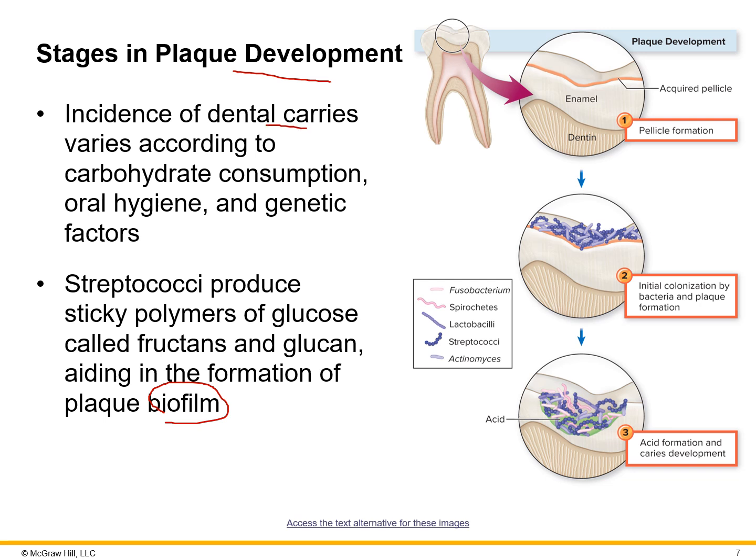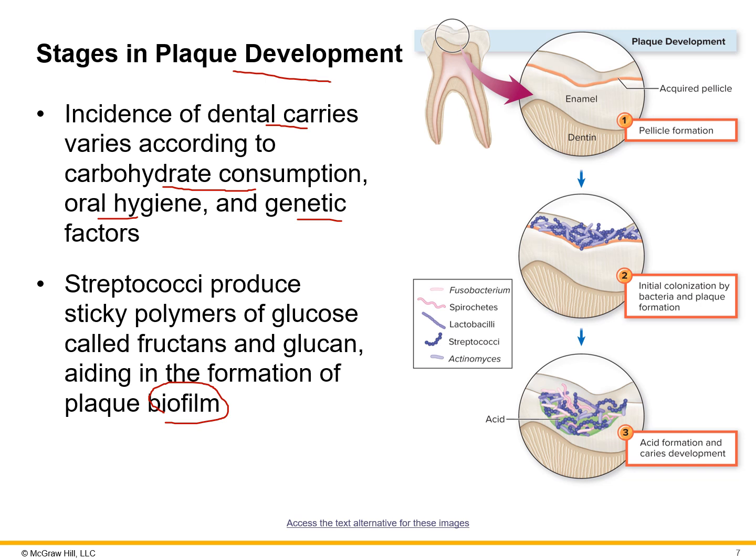Whenever we have cavities, the incidence can vary, but a lot of times it's based on the diet, the carbohydrates, such as chewing lots of sugared gum versus sugar-free, sugary diets, of course oral hygiene, brushing and flossing, as well as some genetic factors. We often see this in families: they have similar diets, brush their teeth about the same, but one is more likely to get cavities than others. A lot of times there is a genetic factor that plays a role in this.